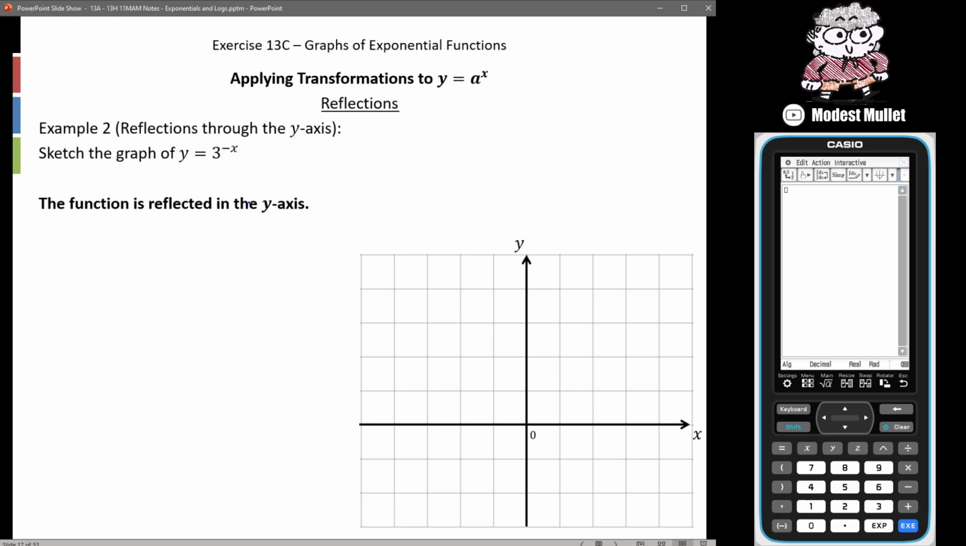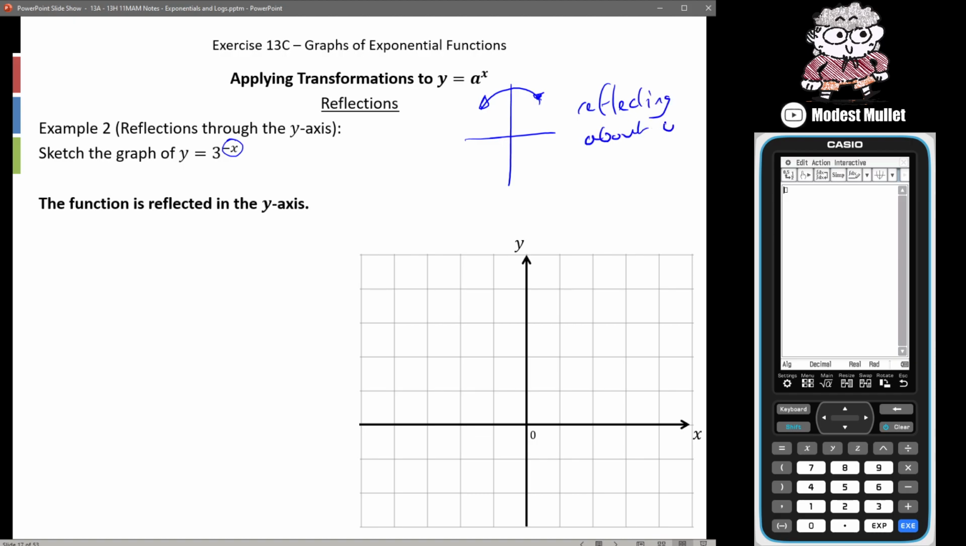Right, we have 3 to the negative x. So the x value itself has been made negative, or x is replaced with negative x, if we think in terms of our transformations and inspection. That means our x coordinates are being flipped about the y-axis. So in this case, we are reflecting